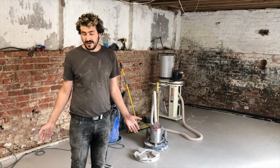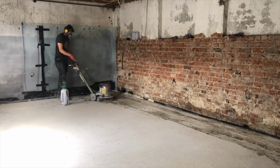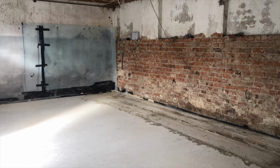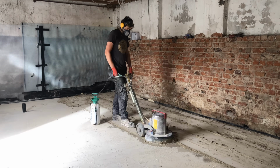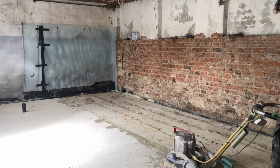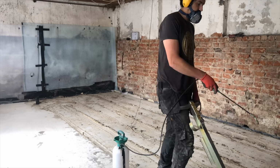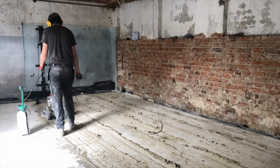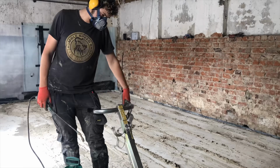I didn't have a clue what I was getting myself in for. I'd been quoted about £6,000 to have the floor professionally ground down, and I thought, oh, that's very expensive. I can buy a floor grinder for £800, which I did off eBay. And then I spent about £1,000 on diamond discs, epoxy resins and lithium hardener, and spent in working hours, it